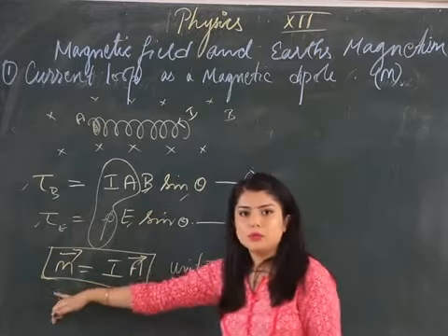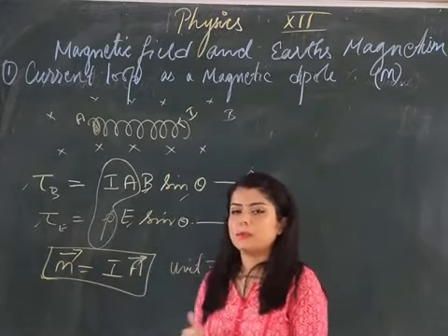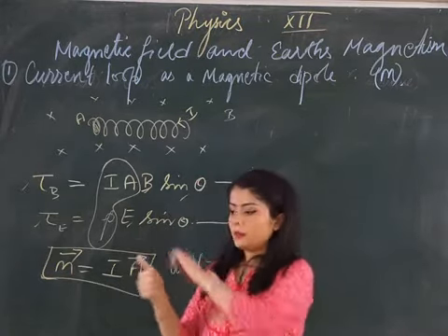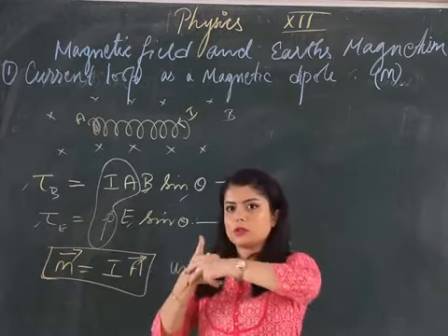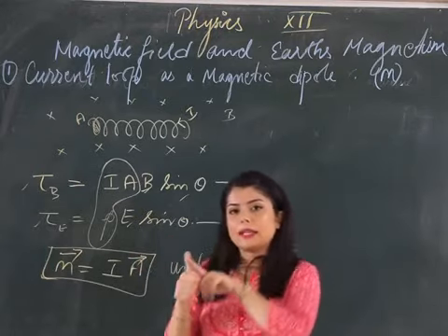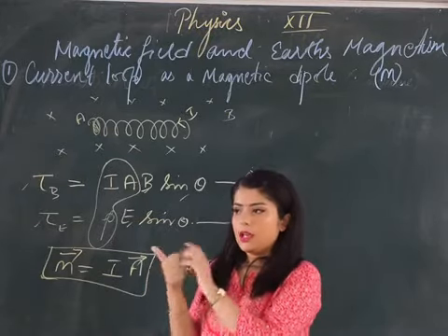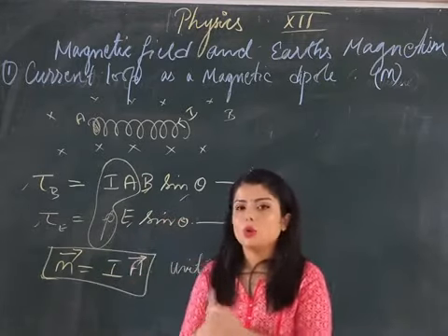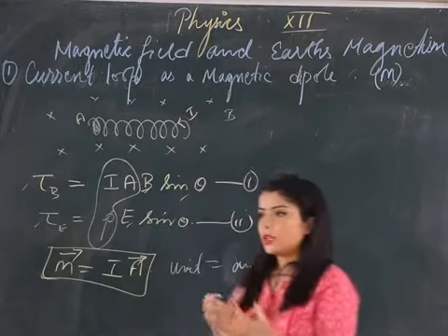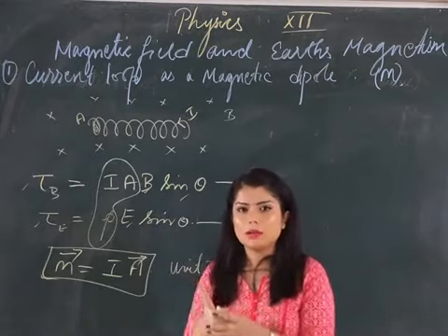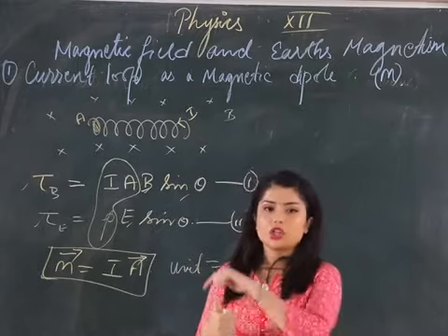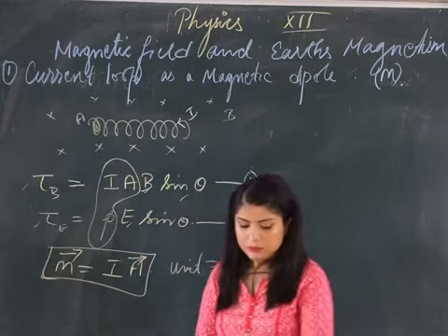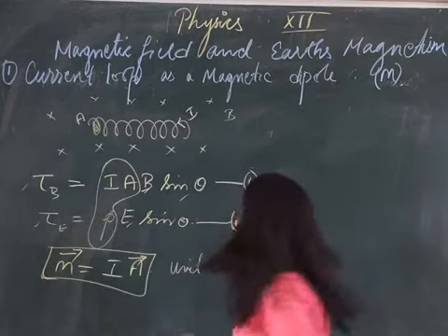M is magnetic dipole moment. So magnetic dipole moment will be given by right hand thumb rule. Always remember that if you take a thumb, if it rotates clockwise, then the direction of magnetic dipole will be upward. If it is anti-clockwise, then the direction of magnetic dipole will be downward. It is always given by right hand thumb rule, so do not get confused. If you don't know the direction, then just take your right hand, along the direction of the current, and the thumb will give you the direction of magnetic dipole moment. Now next, we'll continue from here.